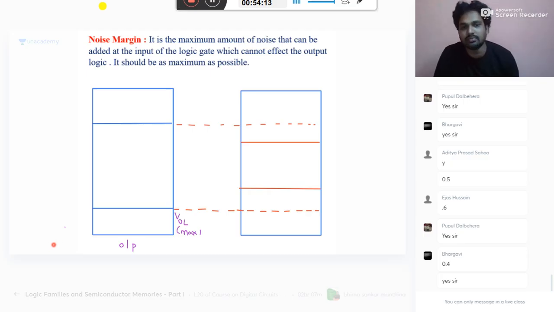So here, for example, when output is low, ideally it should be 0, but because of some circuit conditions, it is up to this level. It can be any voltage. But when I read the input, I will read up to this also as 0 only. That is, 0 to 0.6 is my 0 only, but my output is already at 0.2. This difference, whatever you are having,